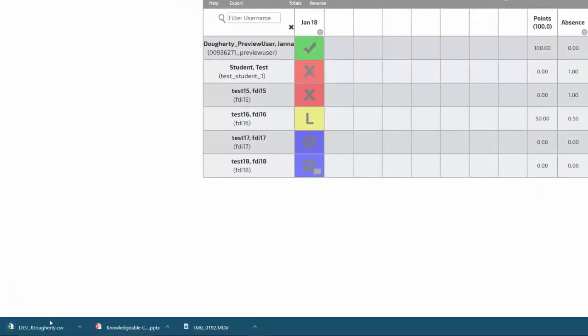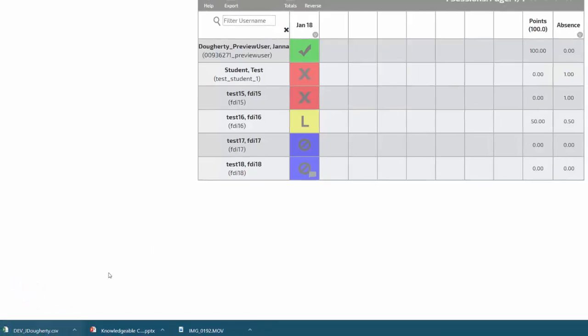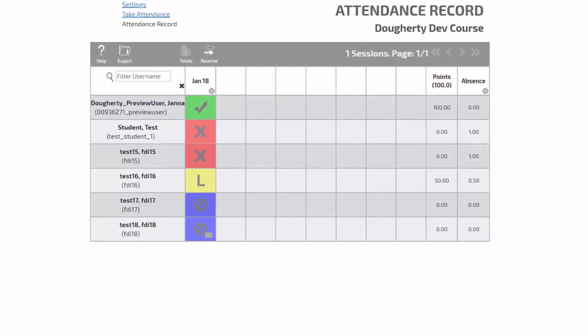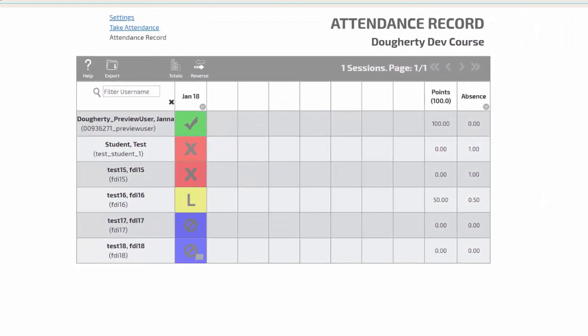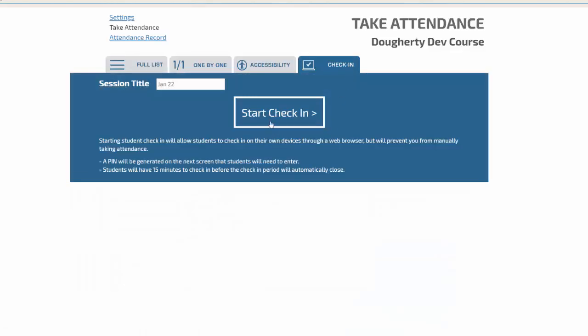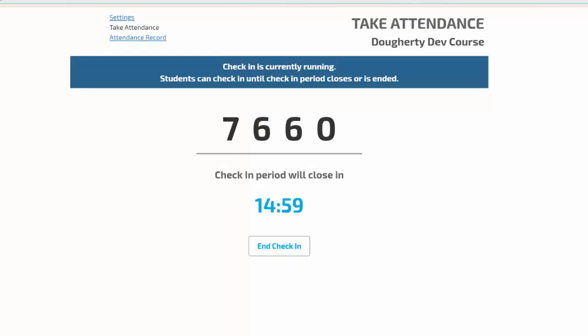The last thing we'll look at today is what your students will see on their own version of the tool. Remember, when you created the tool link, you have the option to make that tool visible to your students, but they won't see everything that you will. After all, they're not the ones taking attendance. To take a look, we've set up a separate window, but I'd like to start by starting a check-in. And we'll leave that open.